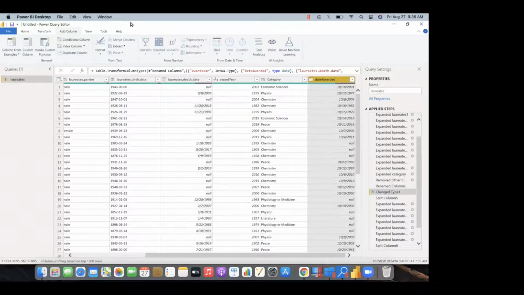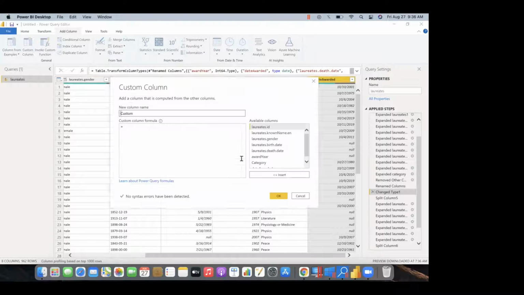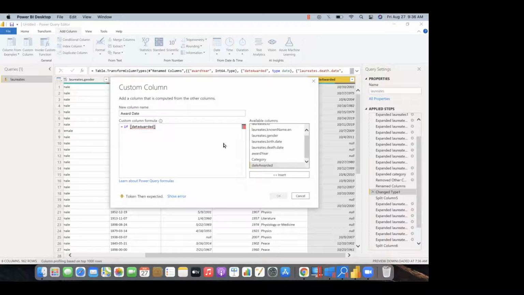Now we'll create a custom column. Let's name it award date. First of all, if the date awarded is null, then we'll make a format like date, and we'll give award year and assign 1/1, like Jan 1, to that particular date.